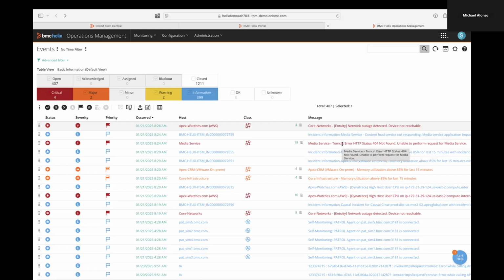So what does that mean? In the traditional world, you would get 18 tickets cut into IT service management, all those events coming in. And those are going to be 18 separate tickets going to probably 10, 15, 18 different people across 4, 5, 6, 7 different groups. And now you have all these people chasing the same situation. Now you're going to have it from a singular standpoint, to be able to look at all the pieces of what's going on with the environment, not 18 different individual pieces.